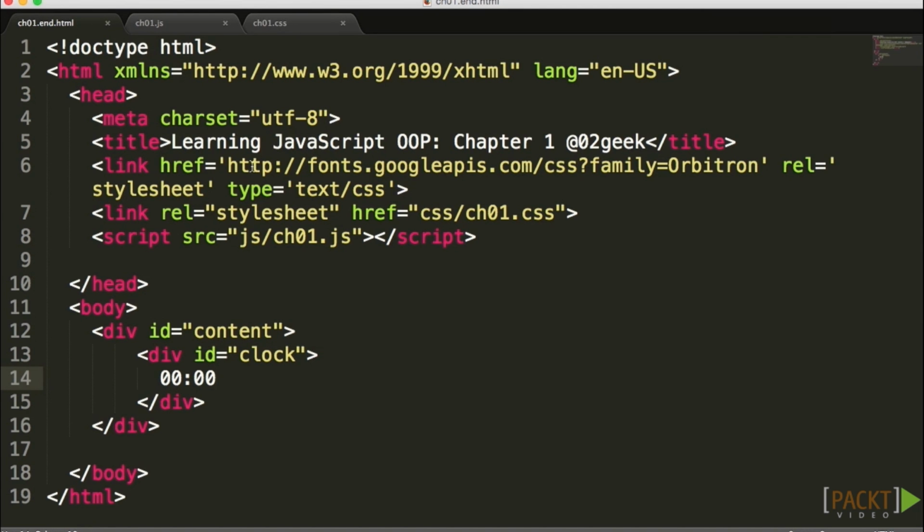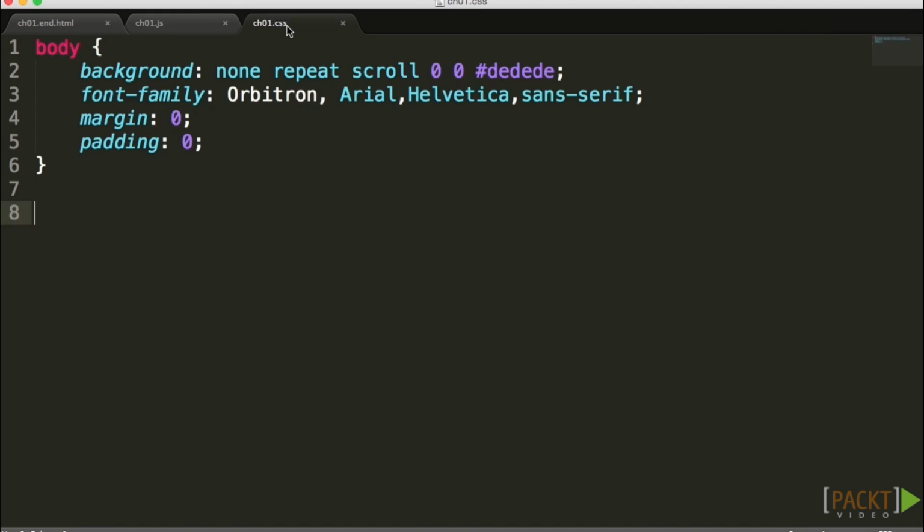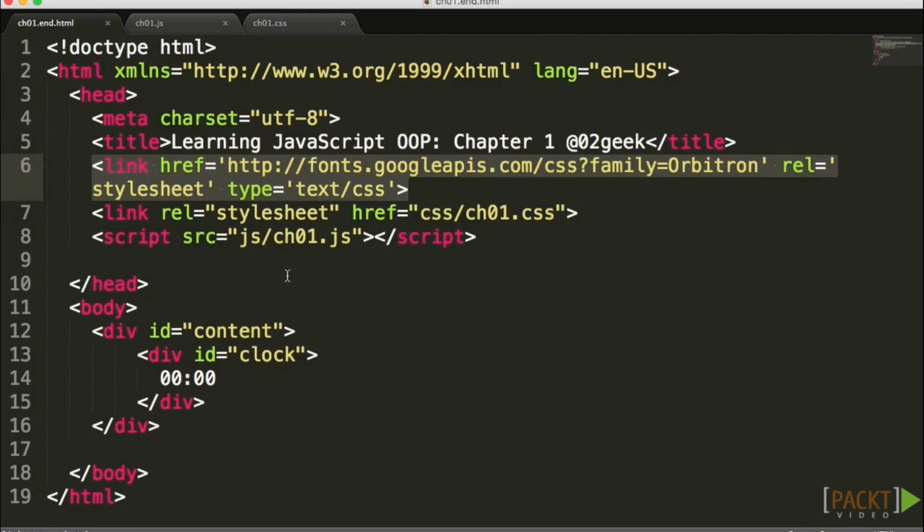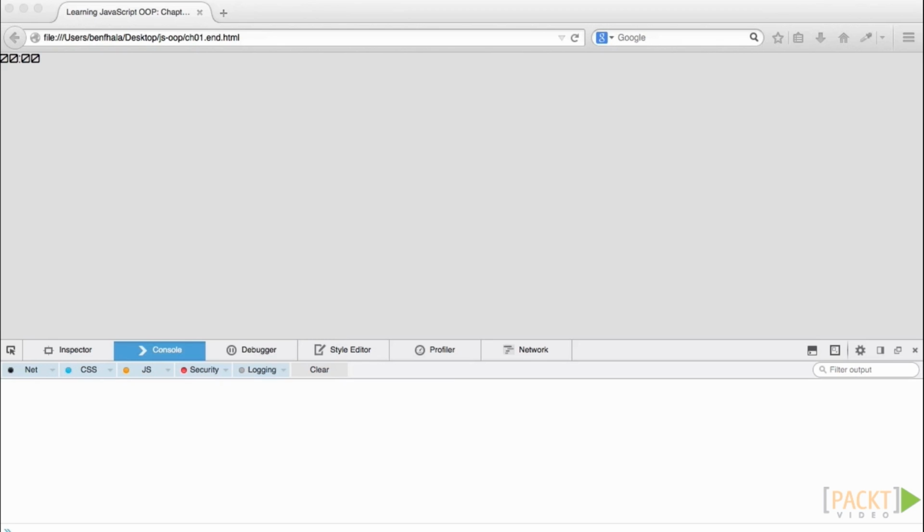First of all, I imported a Google font from the Google Fonts library, and you could find many other fonts if you just Google Fonts and find a font that works for you. You could bake in that font, and then in your CSS, just make sure in the font family of your body, or whatever you want to have that font, to have that font as the first thing that it picks. All right, so now that we have our content and we've seen it,